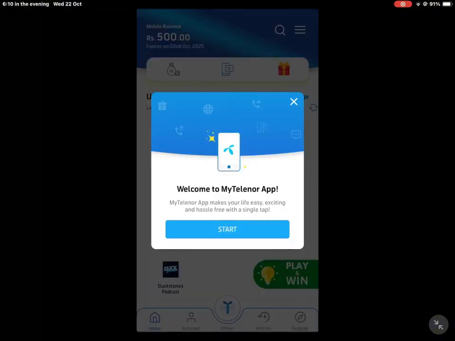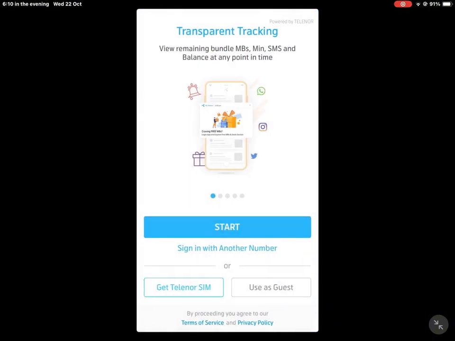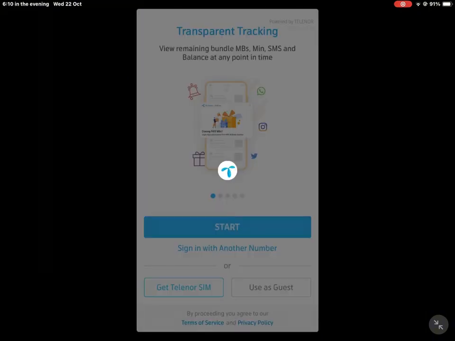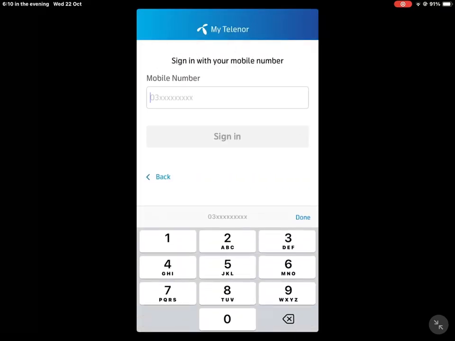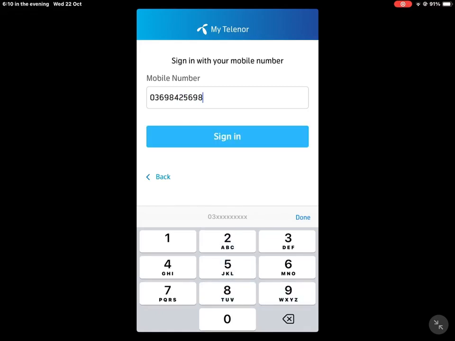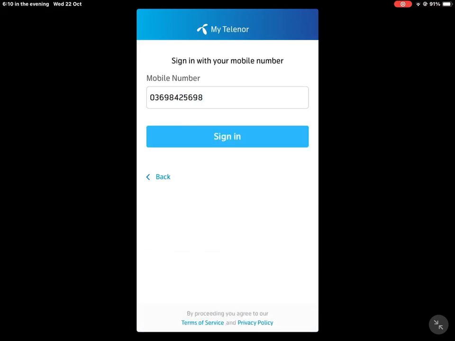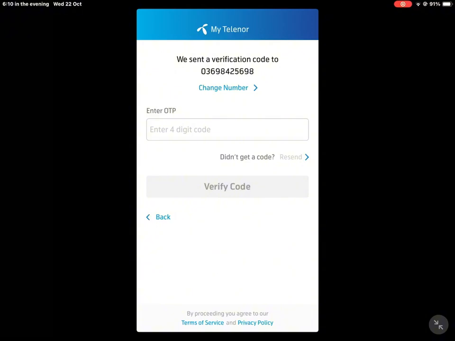So when you go to the account settings, it suggests us create an account. So we're going to click on start. So you guys are going to insert your mobile number here. Since it works in Pakistan only, you guys should enter your Pakistan phone number. Then once you write it, you're going to click on sign in. Then they're going to send you a code. So once you enter the code and verify, your account will be